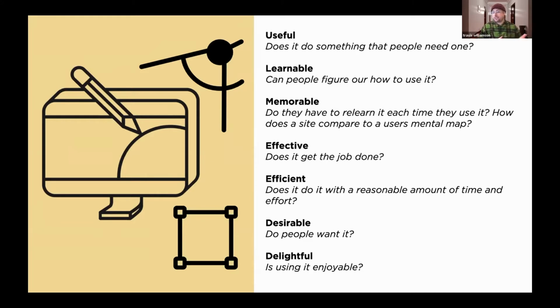Next is effective and efficient. As I mentioned, Google Scholar is always in the corner. And with that, people will just type in the search and find what they want. And it might not be exactly what they need because they might not have the same resources that we do as libraries. But if people run into some frustrations using our library search tools, they might as easily just go and find something that is just okay through another avenue. So we want to make sure that not only can users accomplish their goals, but they can do so effectively